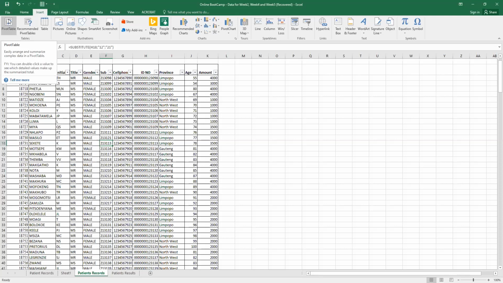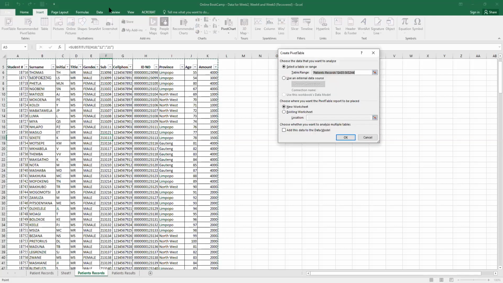You will click on it, and because you have the complete data, it will show you, okay, I understand you want to work on this data. I believe you can see there. Also here, the table will tell you the sheet is the patient's records, and you will start from A5 up until the last row. The last row is K